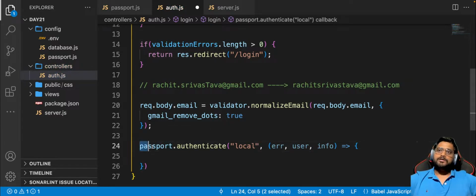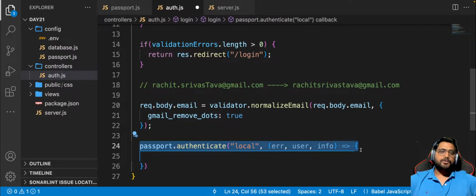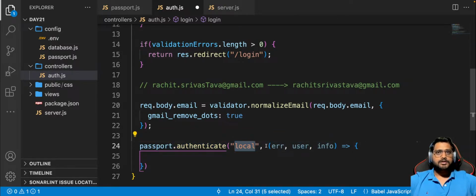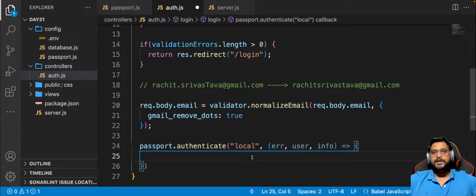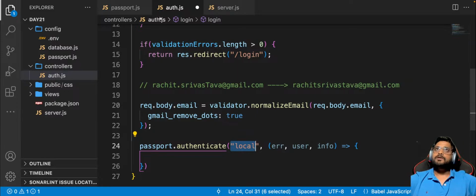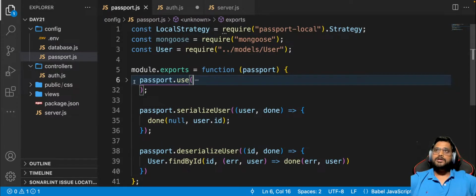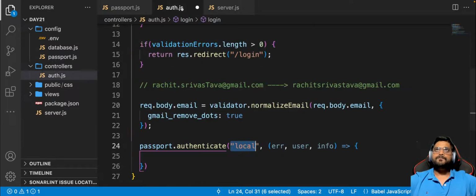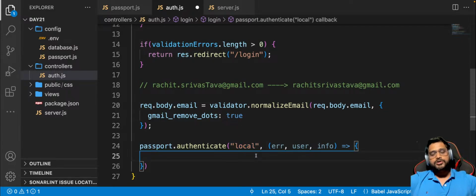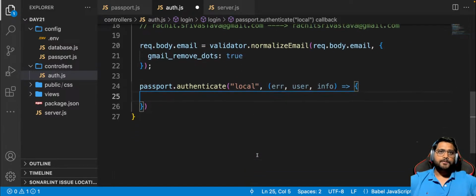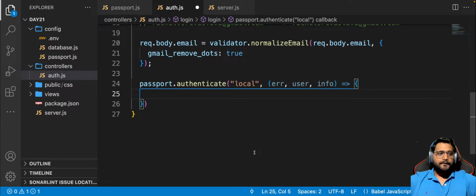Now, same thing. This code is never going to change. Just the local or Google or Twitter, whatever you want to use, you use it over here. It is going to call this passport.use and it is going to check all the logic that you have written, right? If everything is okay,